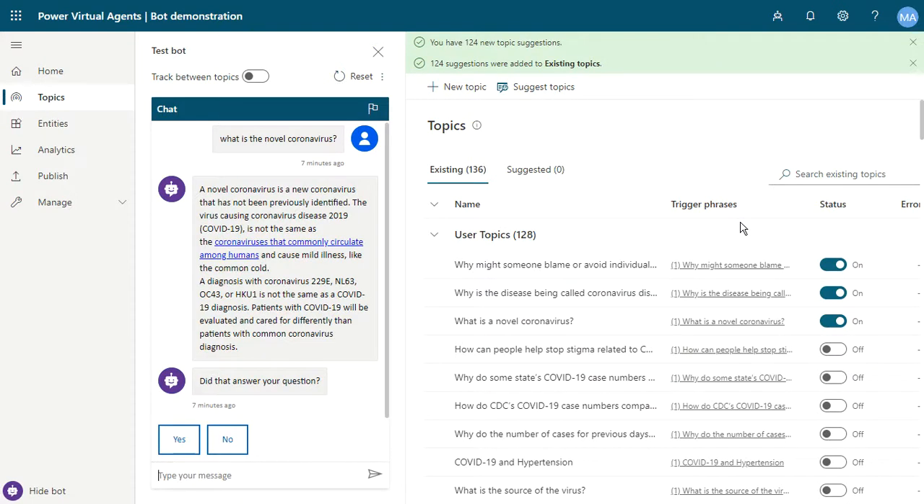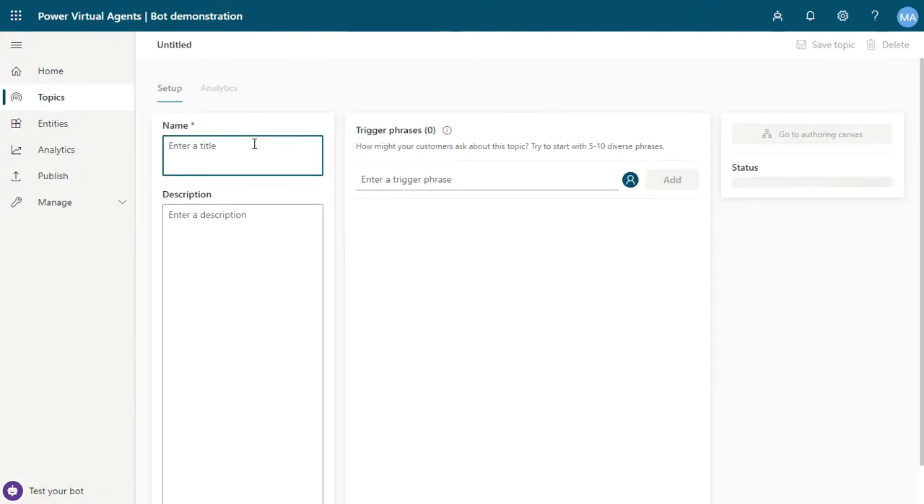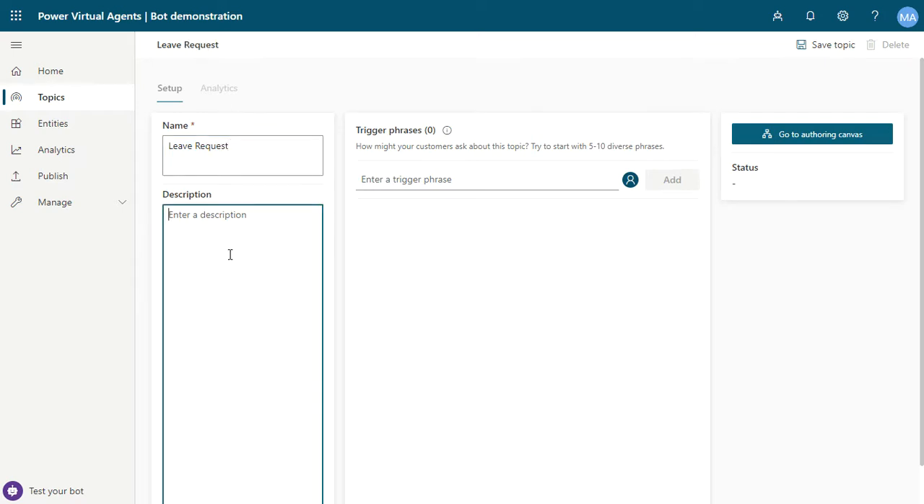Now we will create a new topic here, and the name, just hide the bot. The name of the topic is leave request. Description: this topic is related to leave request chatbot. And the trigger phrases, basically, it's the phrase that the user will send to the bot,